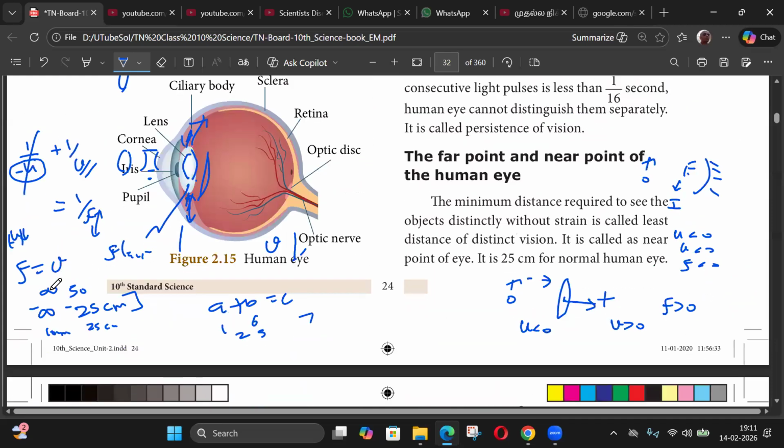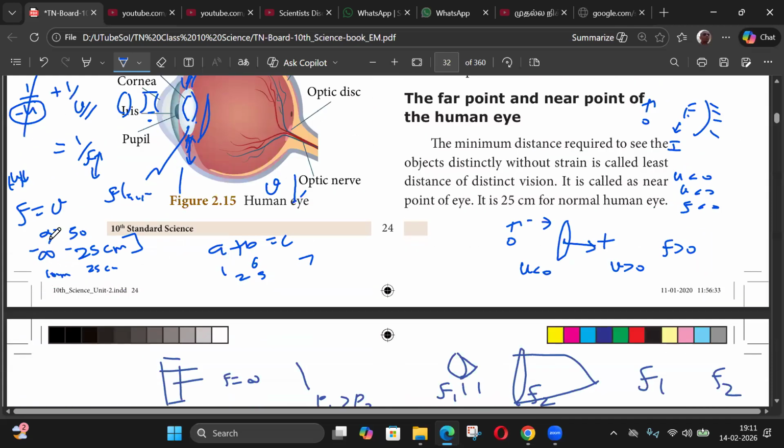So these are the two defects. One is that at infinity, the thing is visible, but nearby it can see up to 50. This is one defect. Another defect is it can't see infinity, can see up to say 10 meters, but nearby it can see up to 25. Students usually have this defect, 25 to this,